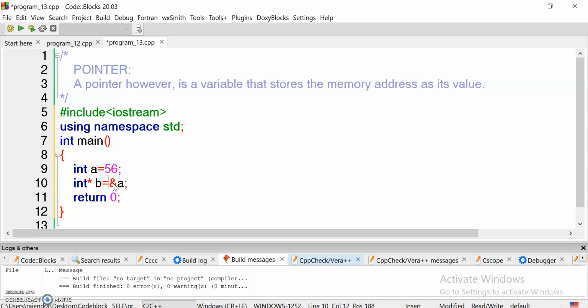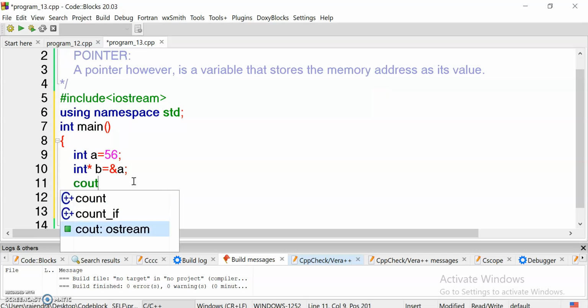This is the symbol we use for address, basically the symbol denoting the address of some variable. Okay, so the pointer b is of integer type and stores the address of a.